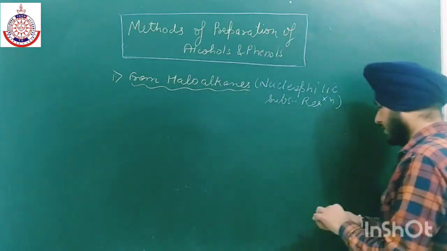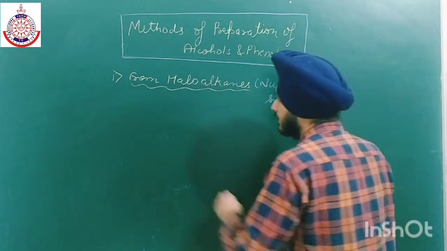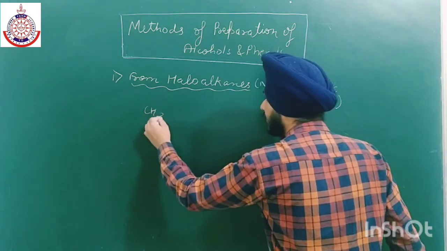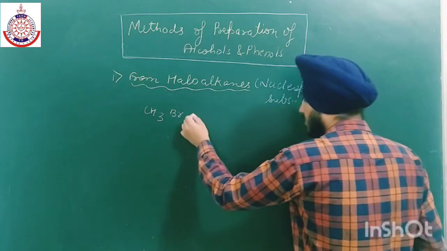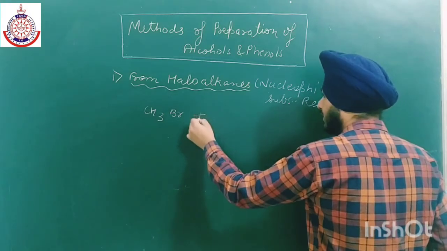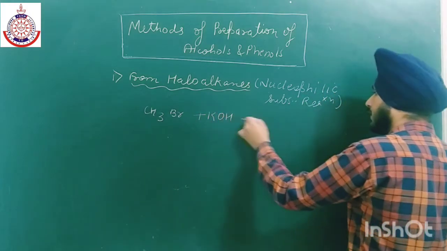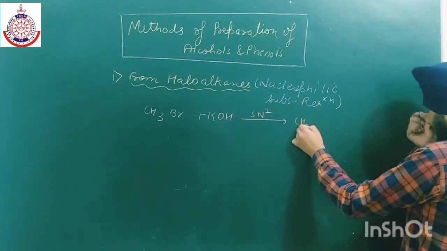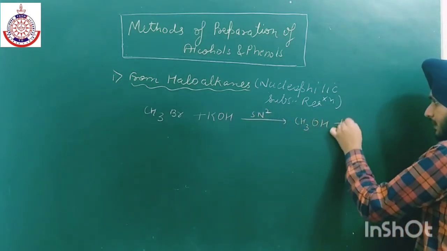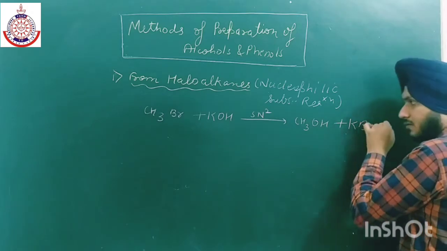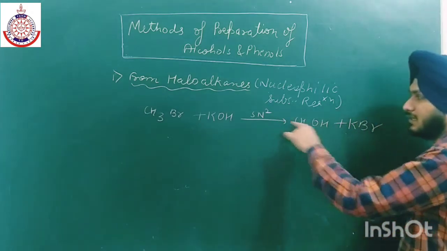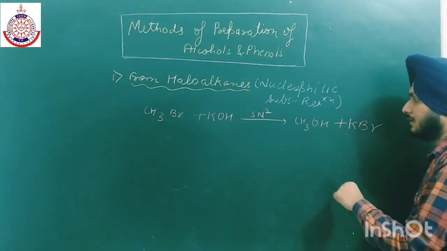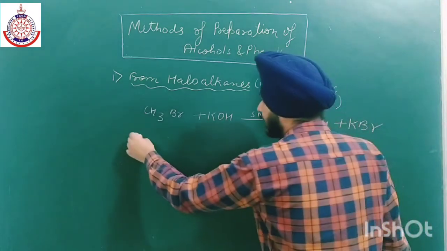will take place. So firstly I am taking 1 degree, like we have CH3Br plus KOH. SN2 reaction will take place and we will get CH3OH plus KBr. Now inversion of configuration will take place in case of SN2 because backside attack takes place. And in case of